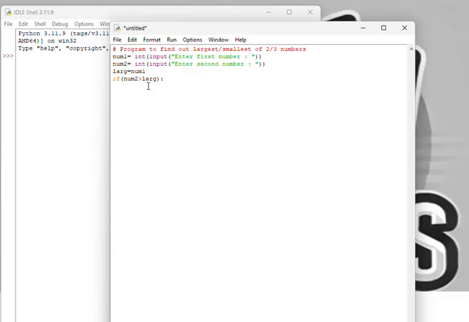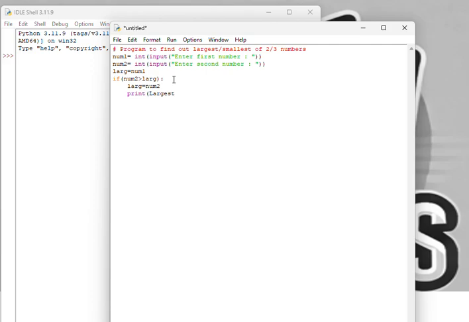If num2 is greater than large, it means the value num2 is the largest one. So what will you do? In this case, otherwise nothing. So what we will do in this case is assign large equals num2.